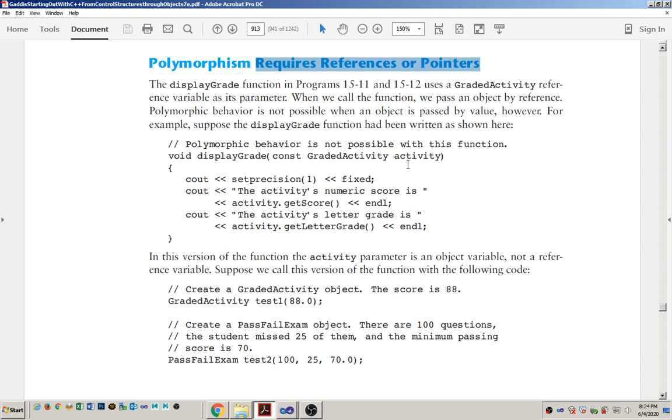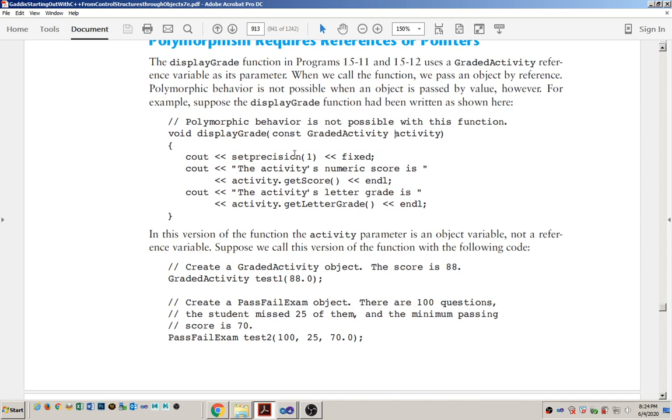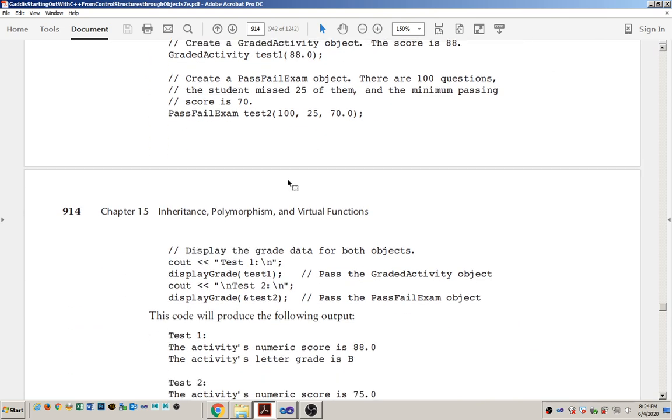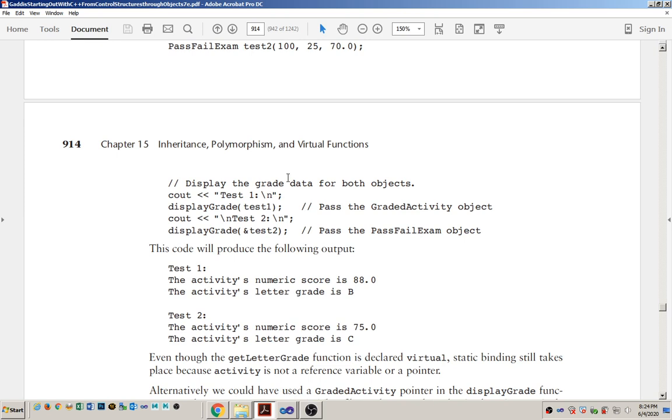Okay, and then here it mentions that you can write code where you don't do that, where you don't make it a reference. So we know we should have an asterisk or an ampersand symbol here to make it a pointer or a reference. That this won't crash unless the person actually tries to use a function that is not in